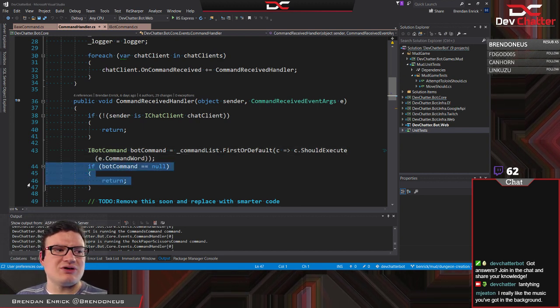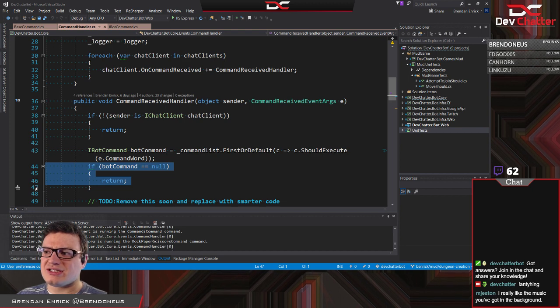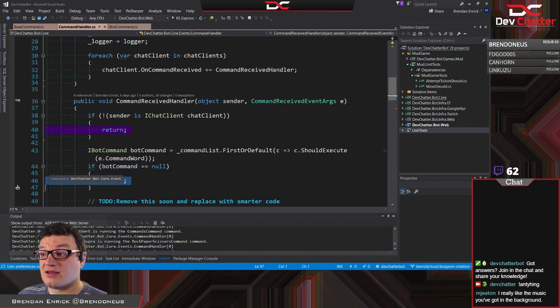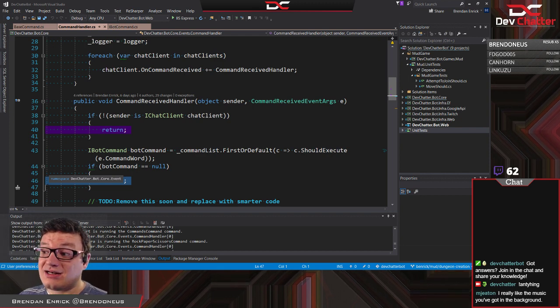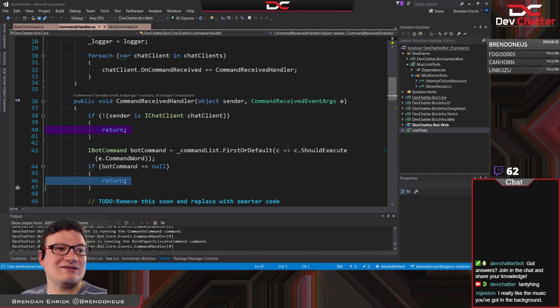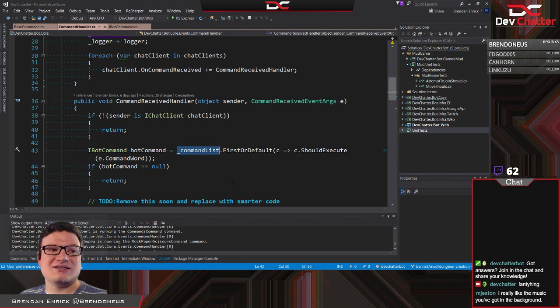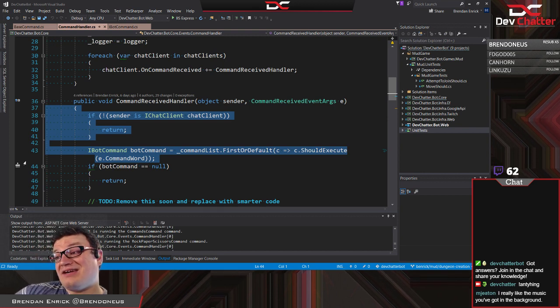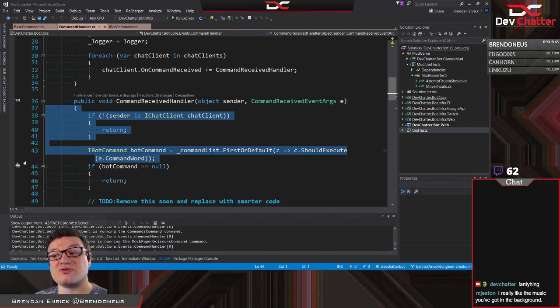If not, we just return out. So this is where my code just executed. It exited right here, and that is a good thing. If I want to add an anti-thing command like that, all I have to do is get it into this collection and it starts working. I don't have to add some extra if in here. I don't have to say, hey, if it's anti-thing, right? I don't have to do that.